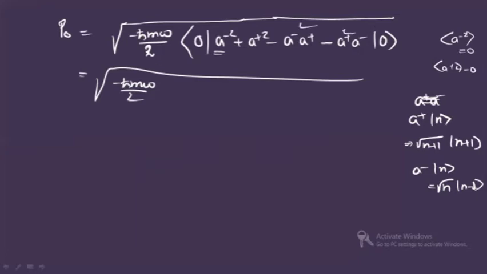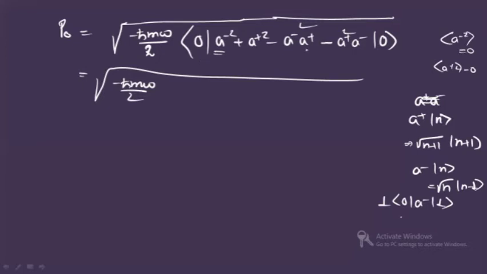So you see when a raising operator will operate on the state 0, then you will have 0 plus 1. So first you will have here 1, right? And you will have 0, this lowering operator, and then you will have here 1, right? Now when the lowering operator will operate, it will be 1, but this time again it will become 0, right? So you will have ultimately what?